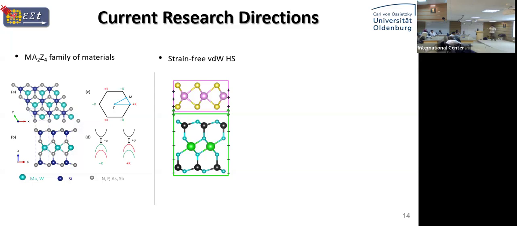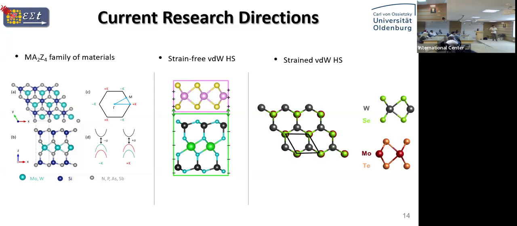So strain can change a lot of properties in your material. There is even a dedicated terminology for that, straintronics. In this combination, we could have properties that are mainly driven by the van der Waals interface between these two layers, with no contamination coming from the strain. This work is already published, I think, in ACS Omega. You can also have a look at that.